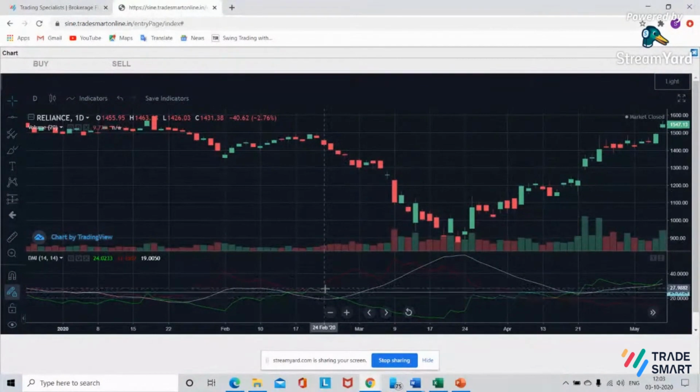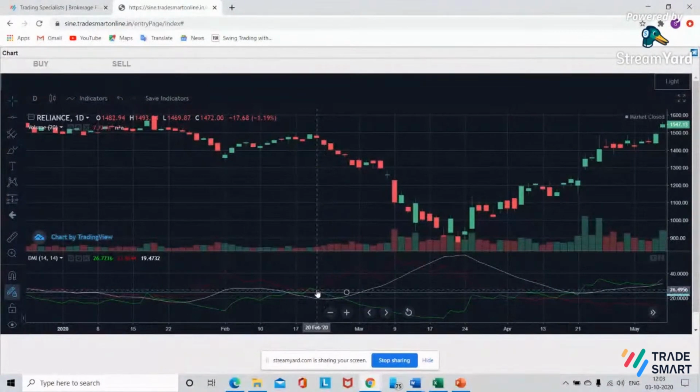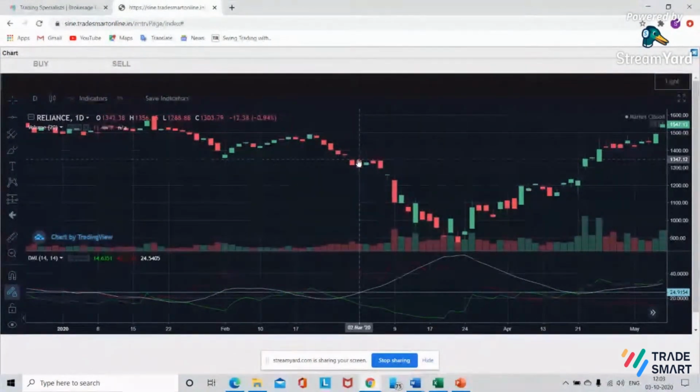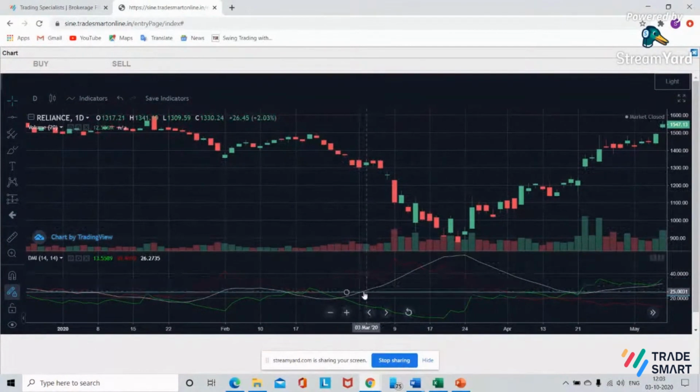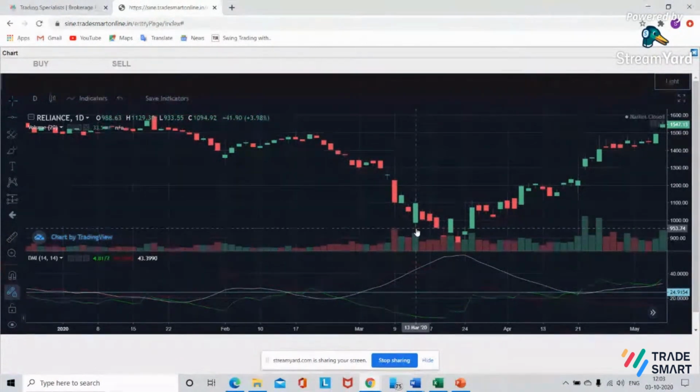The minus DMI line crossed the positive DMI line on the 28th of February, and we waited for another confirmation. We waited till the 25th of Feb, and as soon as it crossed the 25 level here, if you would have taken the trade here at 1347, it significantly fell from this level 1341 till 1088, and even crossed below that. It reached the 953 level, so 300 400 rupees profit easily.